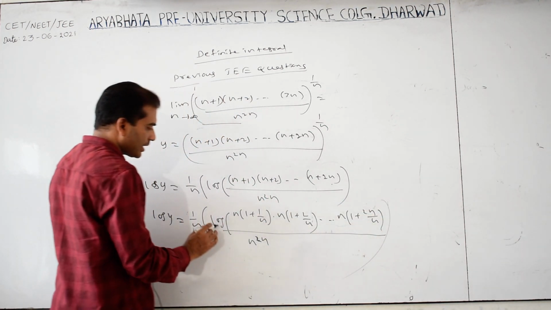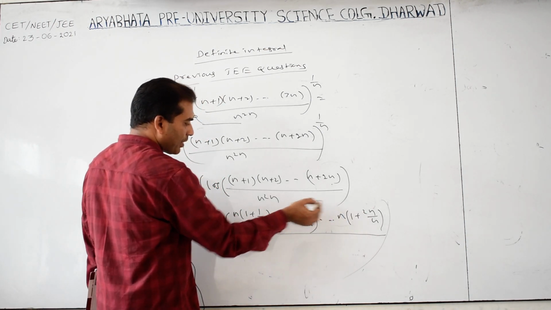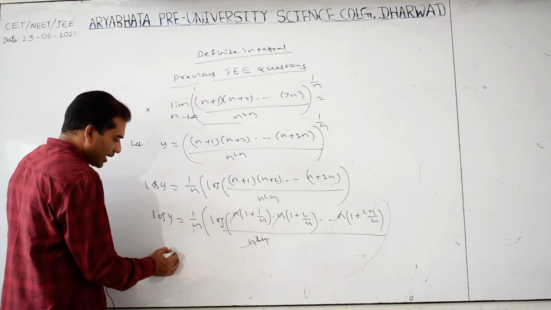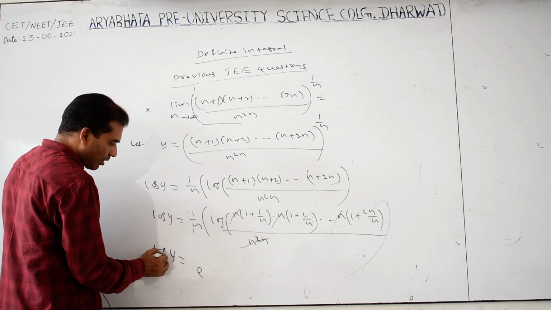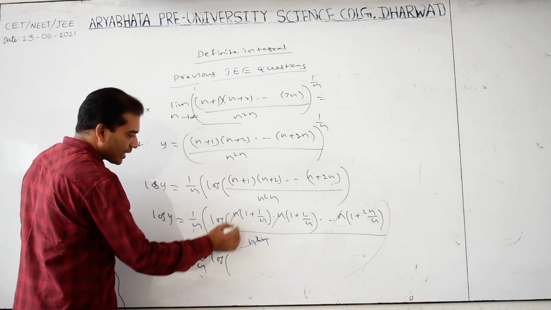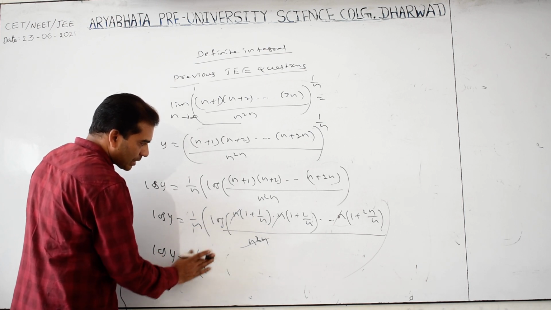How many n's are there? n, 1n, 2n, 3n, up to 2n here. So n power 2n gets cancelled. So y is equal to e power, later we can write log y, 1 by n here, log of this we can write as summation. Are you following? Summation of